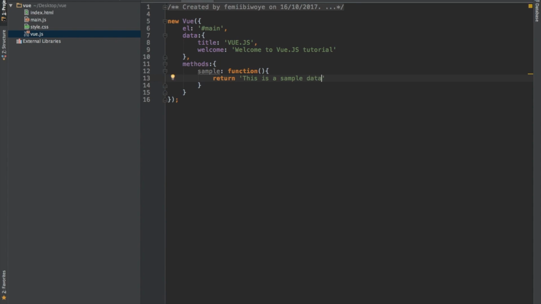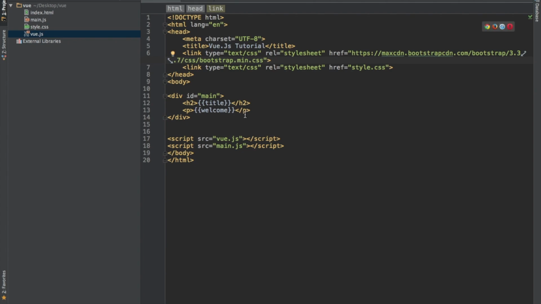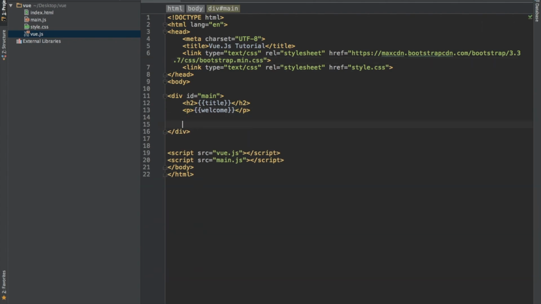So how do I display this in my browser? Remember, we do not declare this in the data, but this is a method just like a function. You can easily return data directly. So what I can do now is return this sample in index.php. So let me just include this. I'll say h1.